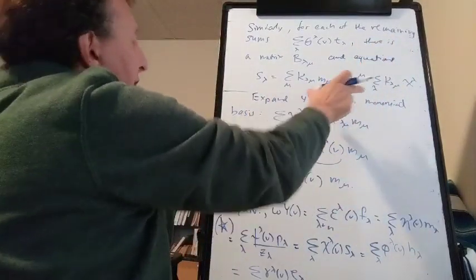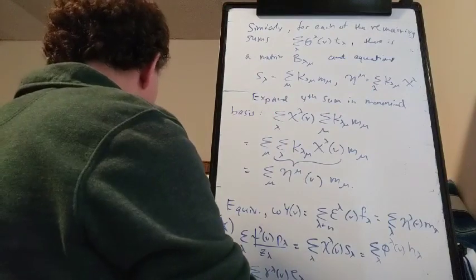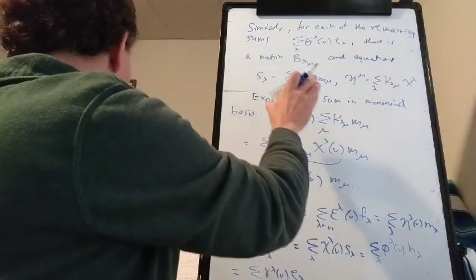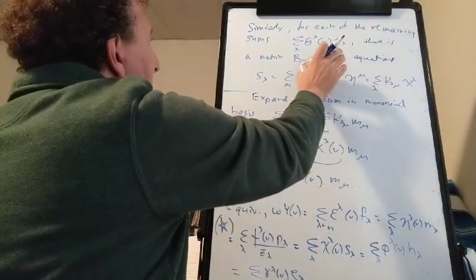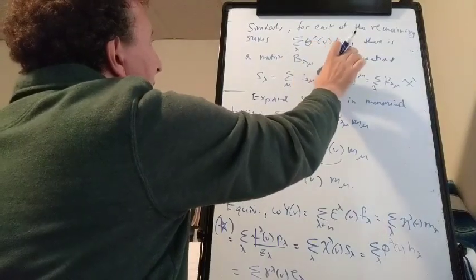An equation is just like this, where we've got s lambda equals the sum of b lambda mu t mu